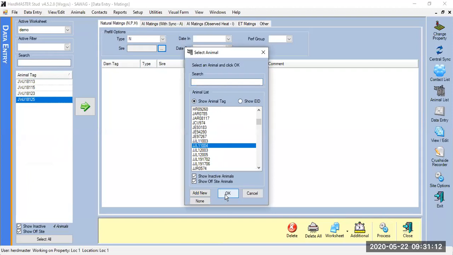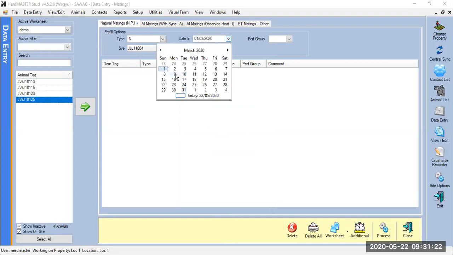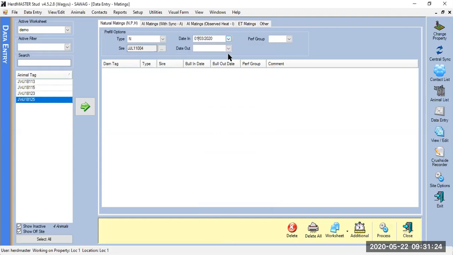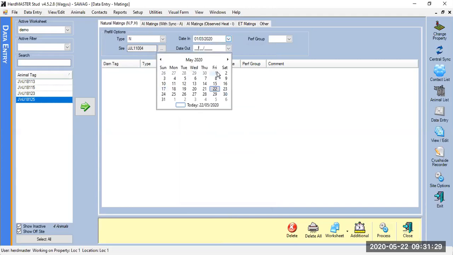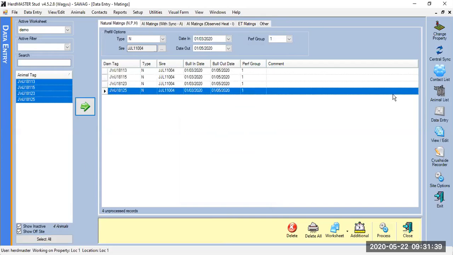Let's take that one. If the animal's not on here, you can say add new and quickly go and add him. Date in. I know they usually work on 3 months. Let's do that, and then performance group. So my right-hand side is filled in. Select all, move them across. If you want to, you can add comments and then